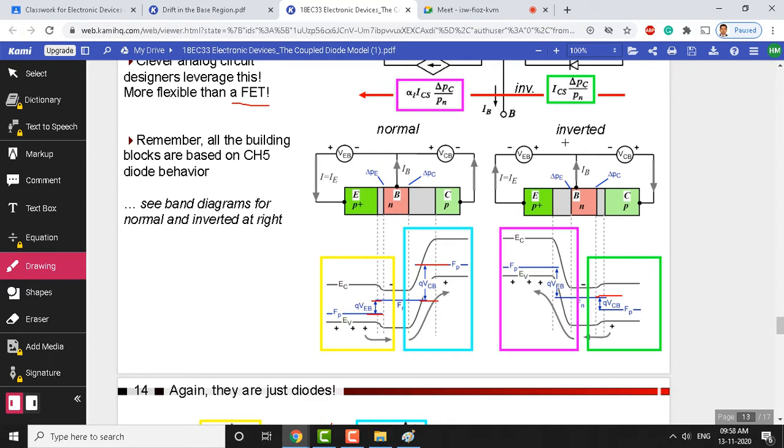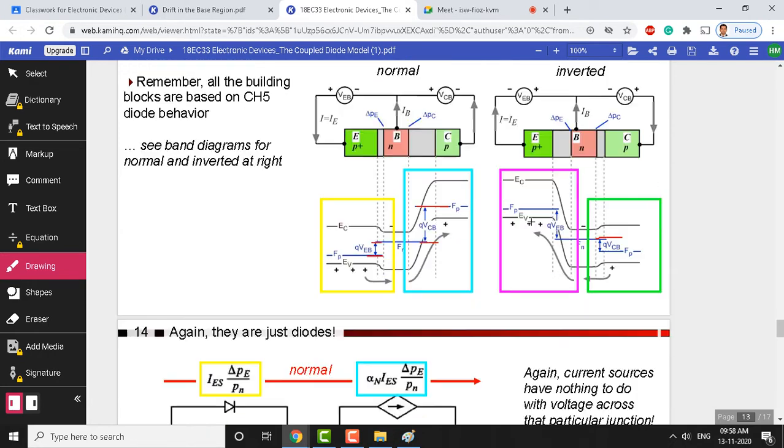In inverted mode, what we have shown here is inverse, it is opposite. So, the emitter base junction is reverse biased, and the collector base junction is forward biased. Collector does the emission job, emitter does the collection job, and we can see the hole movement here. Holes keep moving from collector to the base and then to the emitter. Again, due to the large reverse bias at the emitter base junction, a lot of holes can be swept into the emitter region and it can create the current here. So, this pink color stuff shows the current source in the emitter region, and this is a diode which injects the charge carriers from the collector to the emitter.